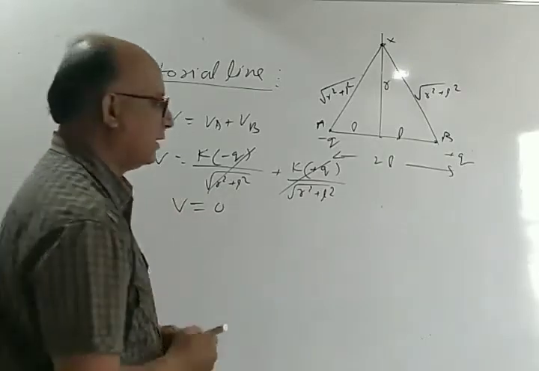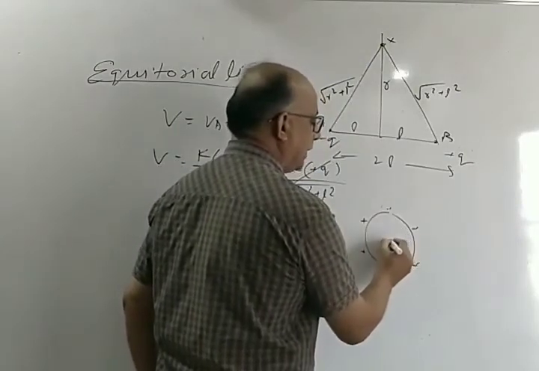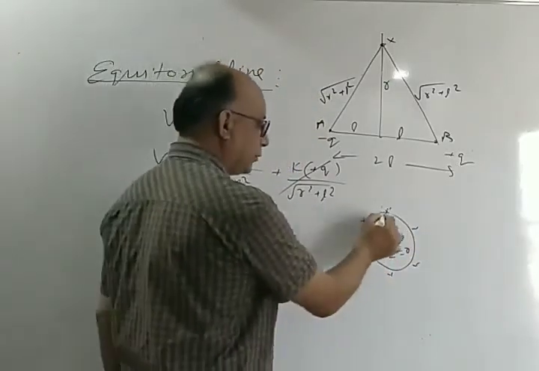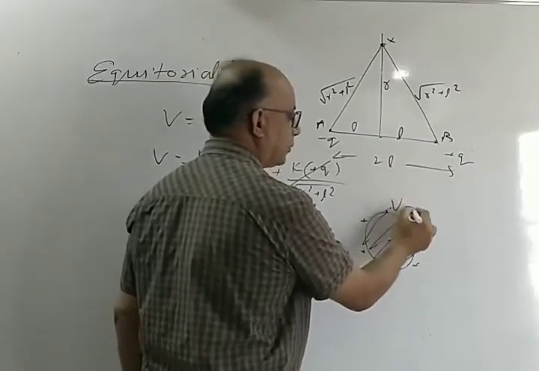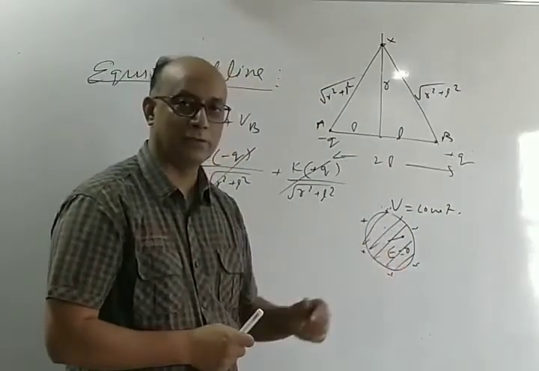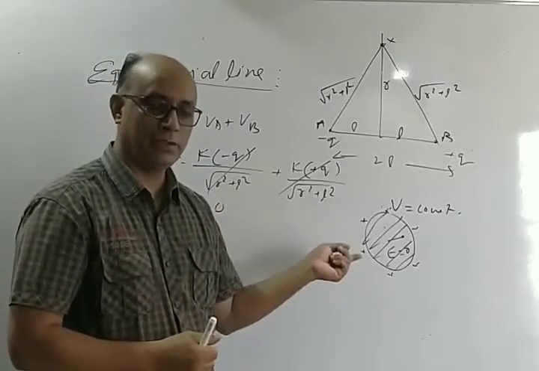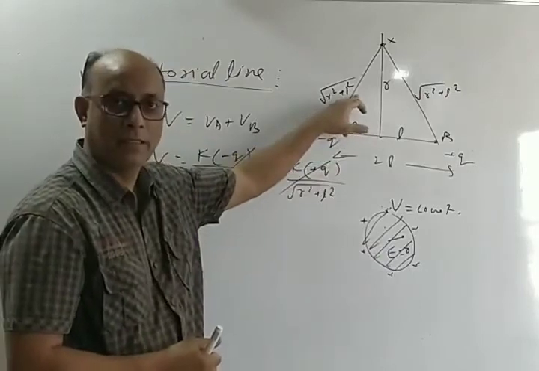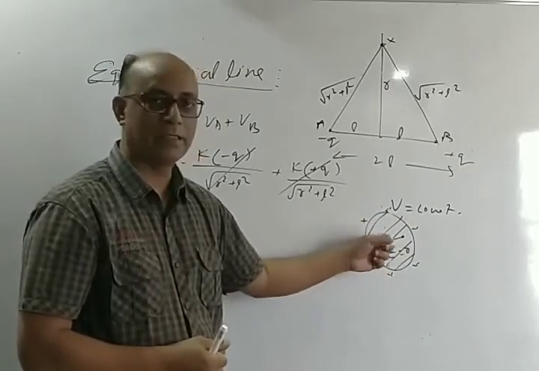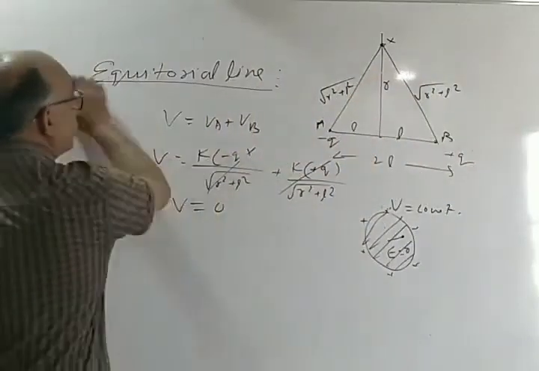Similarly, in the case of a charged sphere, if you calculate the electric field inside, E comes out to be 0. But we have calculated the electric potential, and that is going to be constant inside, V is constant. So the electric potential exists at a point inside, but the electric field is 0. So either way it is correct. Can you imagine a point where the electric potential is 0 but the field exists? This is the example. Can you imagine a point where the electric potential exists but the electric field is 0? A charged sphere is the example. Correct? Okay. Let us come to the next topic.